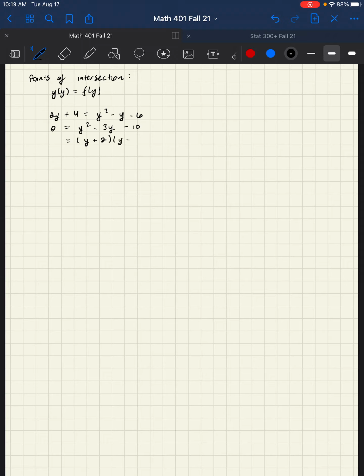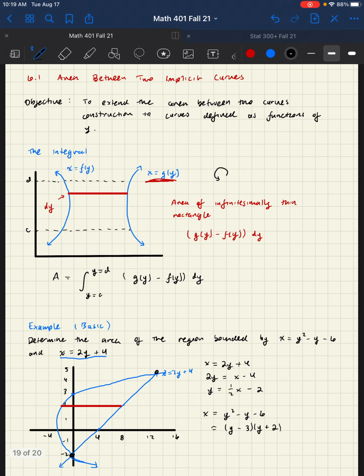It is possible in this case, so I get (y plus 2)(y minus 5). And that actually is great because that tells us immediately that y equals -2 or it equals 5. And those are exactly the points of intersection. So those are the y values that we're interested in, which means if you go back and if you look